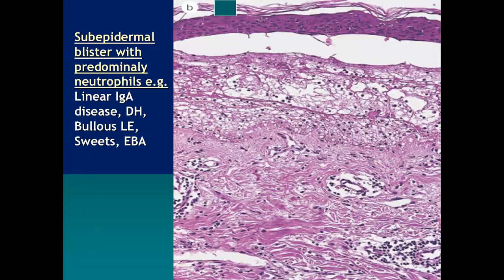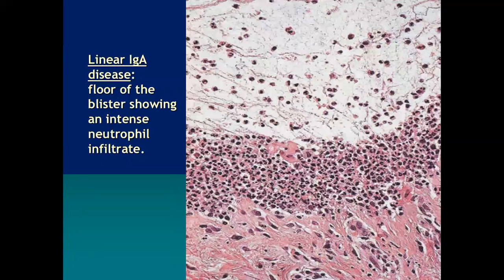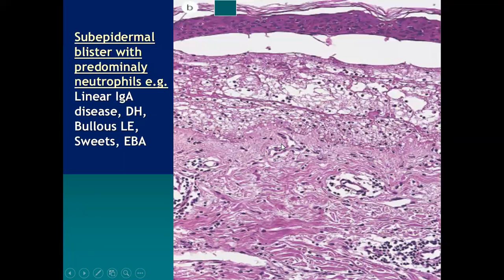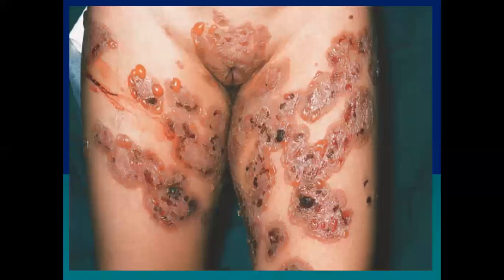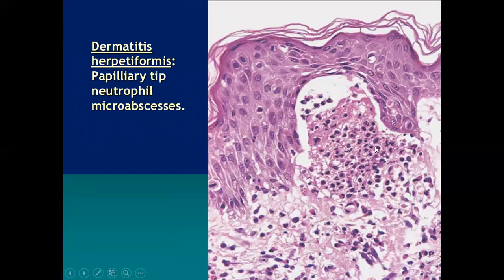Then a subepidermal blister that is associated with neutrophils is seen in linear IgA disease, in bullous SLE and Sweet syndrome, and sometimes in epidermolysis bullosa acquisita. This is linear IgA dermatosis. Dermatitis herpetiformis is not associated with a large subepidermal blister. Rather, it is associated with papillary tip microabscesses or small vesicles at the tip of the dermal papillae with neutrophilic